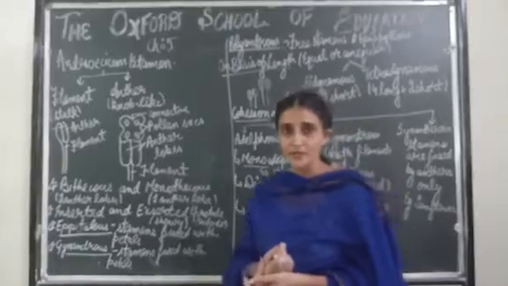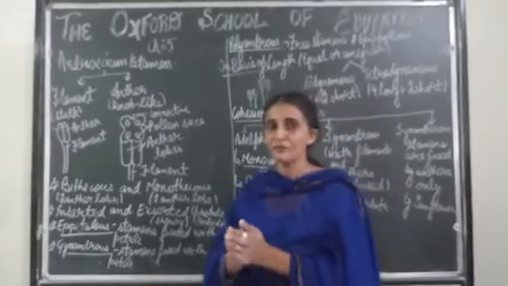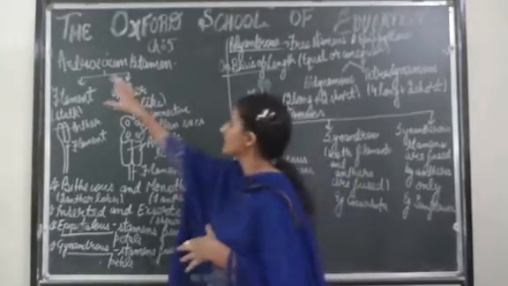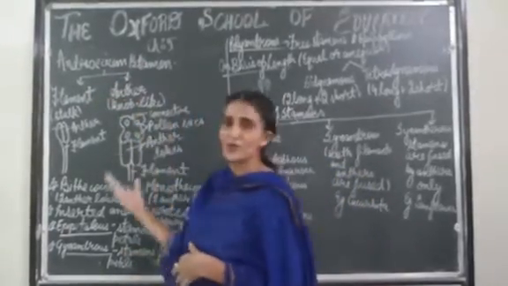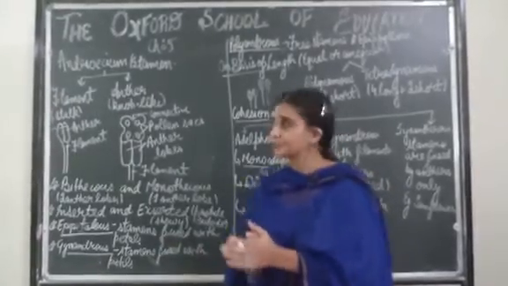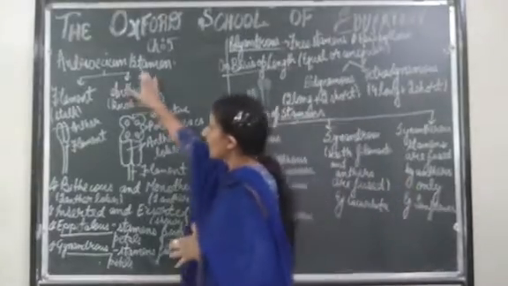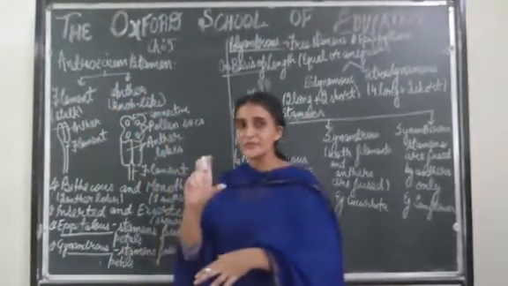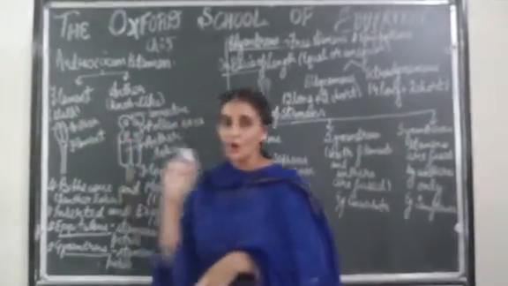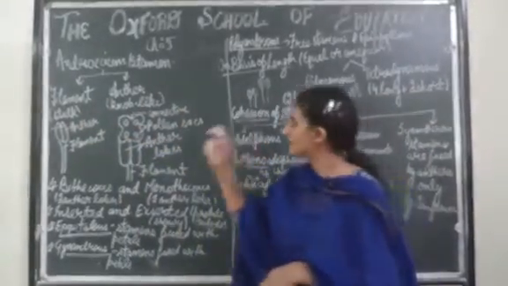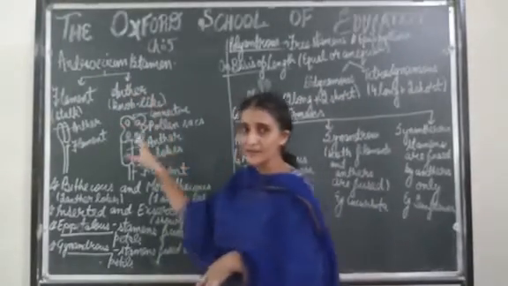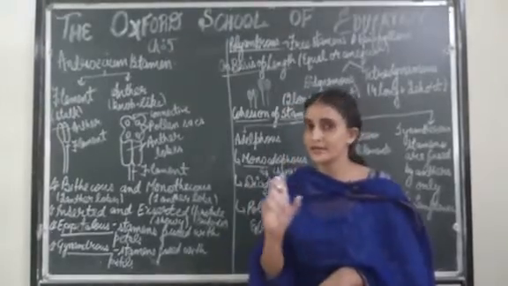Welcome back. So today I am here in front of you to start with the next topic of chapter number 5, that is androecium. What is androecium? It is the male reproductive part of a flower. So a typical androecium consists of two main parts. One is the filament, or you may call it a stalk, and the second main part of androecium is the anther. Anther is a part that consists of pollen grains.